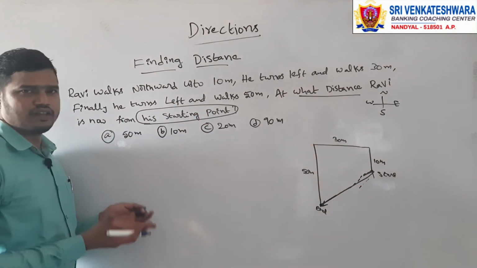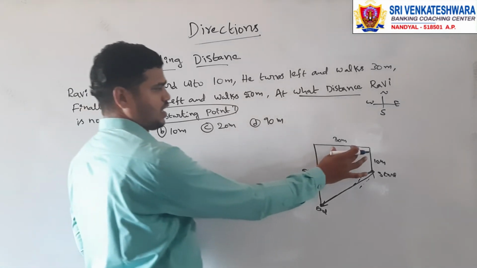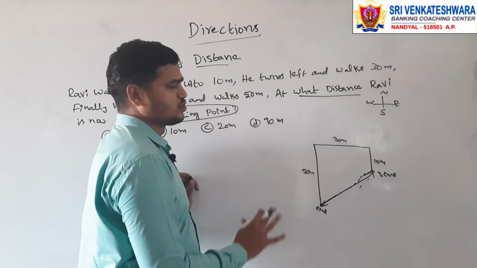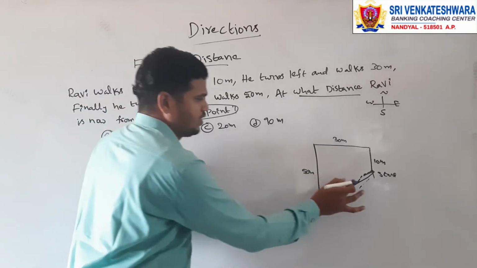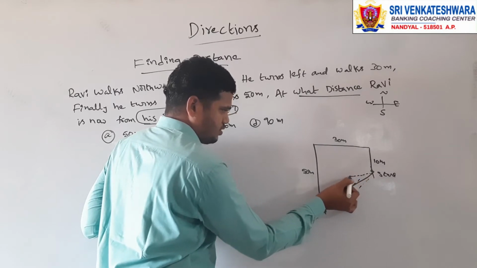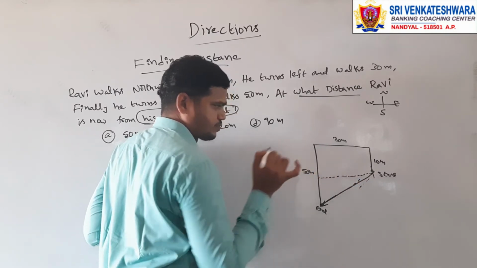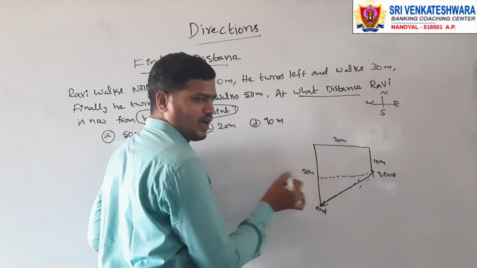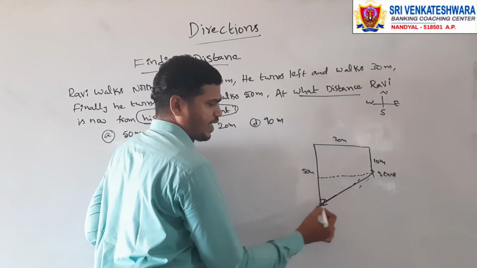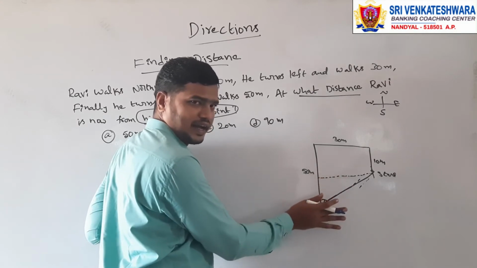So, how can you find the distance? See, this is not equal, this is also not equal. We can have different distances here. So, how can you find it? Simply see here, I will draw one line here. So, what will happen here? This is nothing but one right triangle.